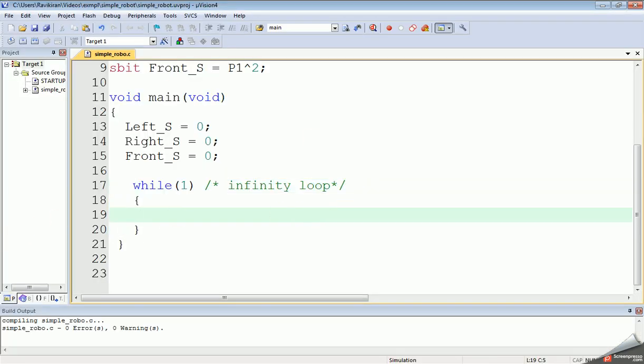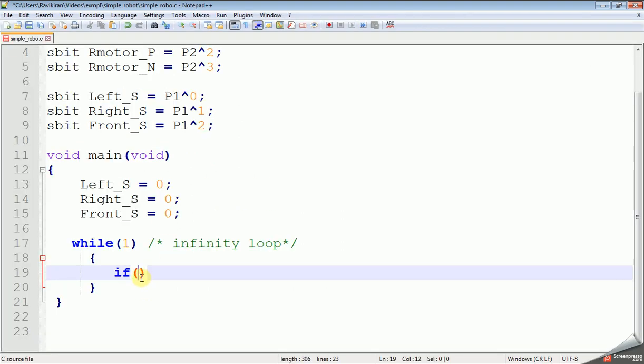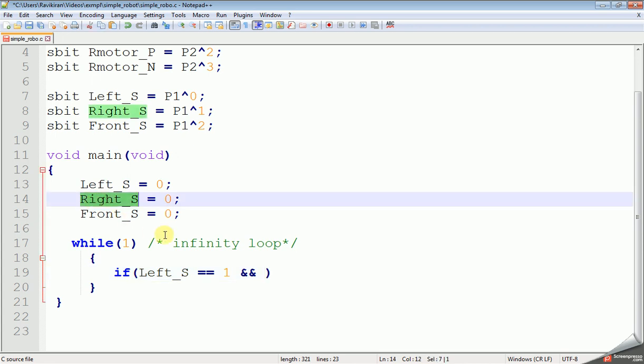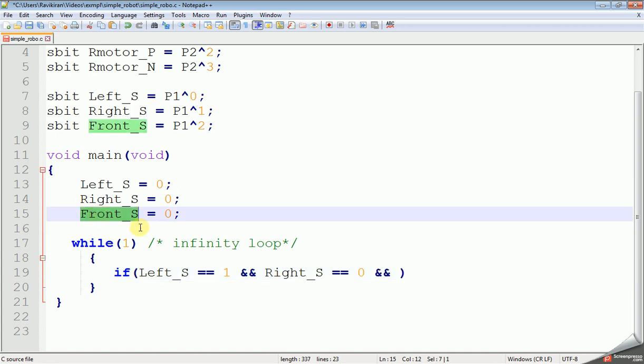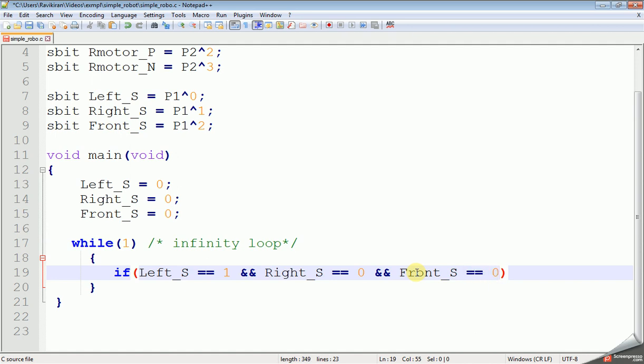So for that, if the left sensor is 1, that means there is an obstacle at the left sensor, and for the remaining two sensors there is no obstacle, that is 0, and at the front side also there is no obstacle, it is 0. So only the left sensor detected an obstacle.